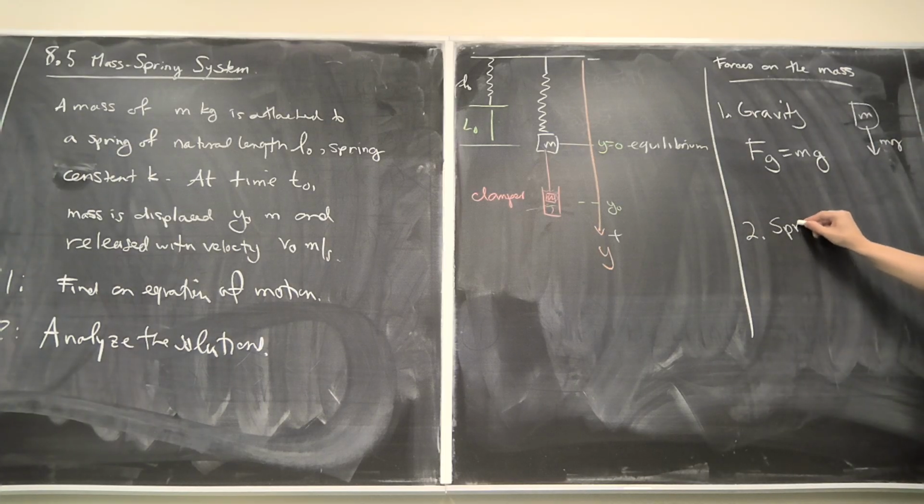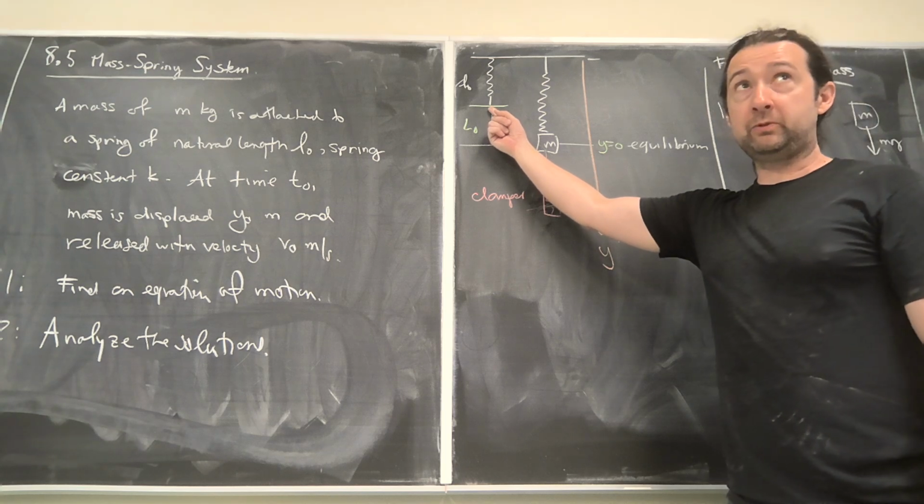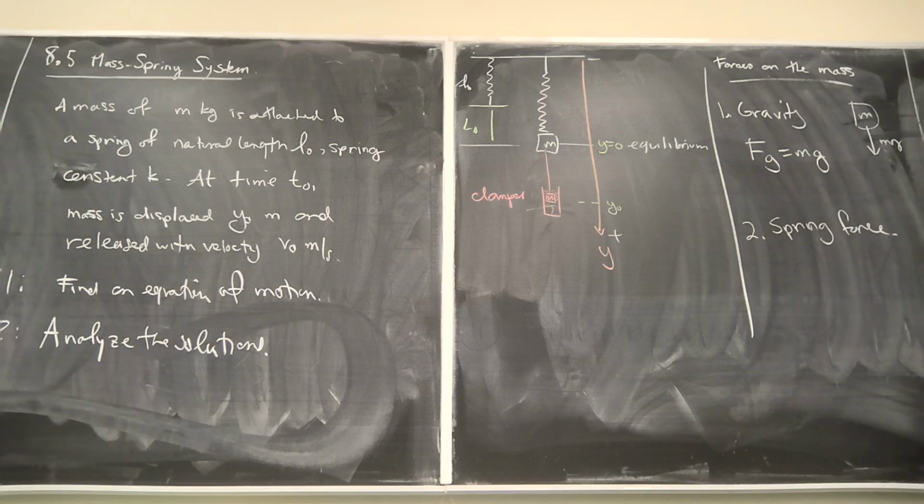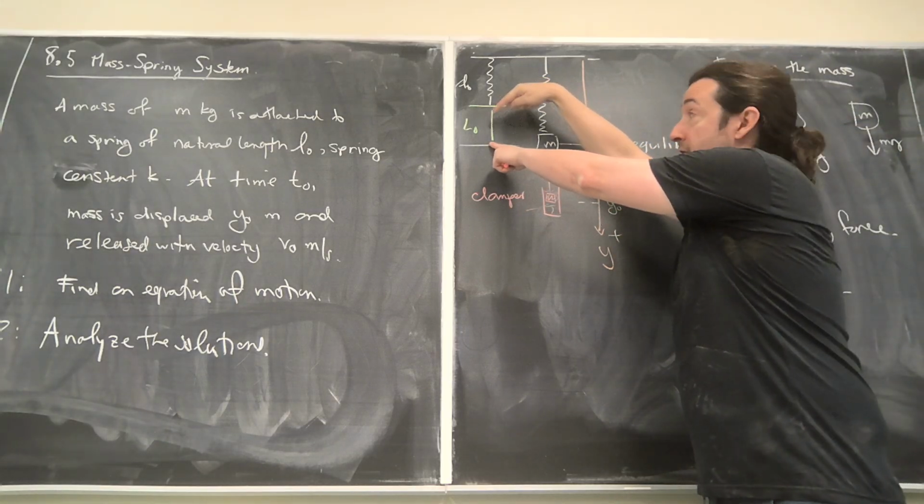There's the spring force. So the spring force is what's called a restoring force, right? It wants to pull the spring back to its natural position. So anytime a spring is stretched beyond its natural position or compressed out of its natural length, it wants to get back to it, and it exerts a force that is linear, so it's proportional to the amount of distortion. So it's a linear restoring force. So the spring force is Fs, and it's proportional to how far the spring has been stretched past its natural length. So that's going to be L naught, which is the amount that it got stretched from its natural length